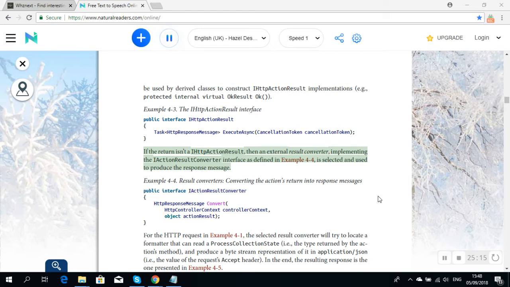If the return isn't an IHttpActionResult, then an external result converter, implementing the IActionResultConverter interface as defined in Example 4-4, is selected and used to produce the response message. Example 4-4. Result converters converting the action's returned object into response messages: public interface IActionResultConverter { HttpResponseMessage Convert(HttpControllerContext controllerContext, object actionResult); }